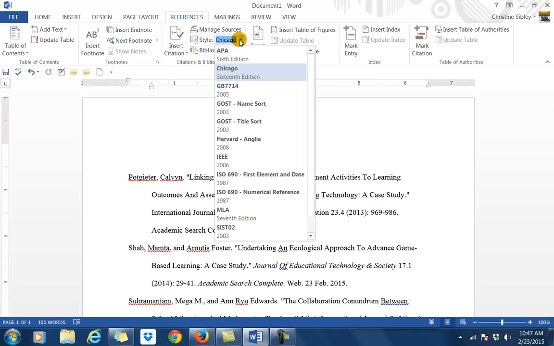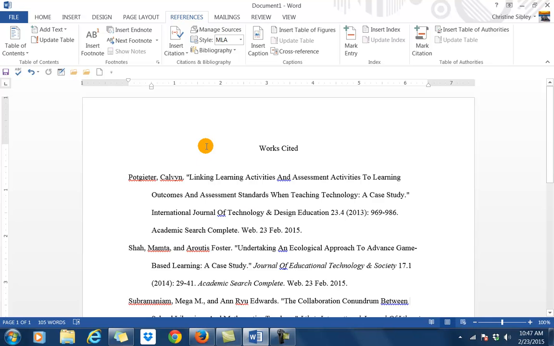Another thing you can do is click here and make sure that you're using MLA. But you need to make sure that you're using the latest version of Microsoft Office, otherwise you will be using an old style of MLA or APA. If you use this to manage your sources and create your bibliographies, then you would have a list of them, and you can have your citation already in there and just add your citations. So either way that you would like to create your works cited or your bibliography is up to you. But I wanted you to be able to learn how to use this method